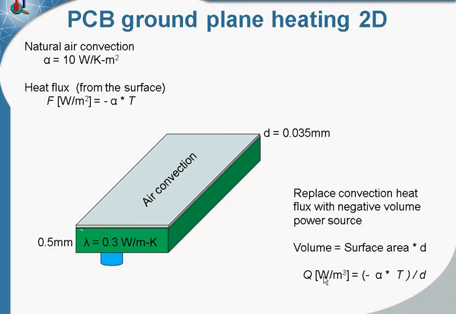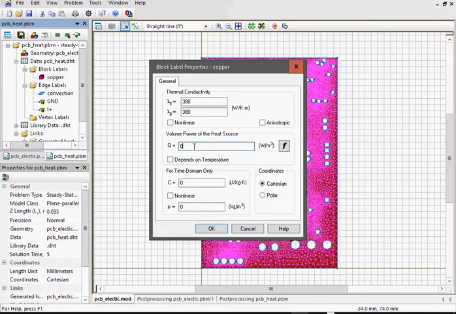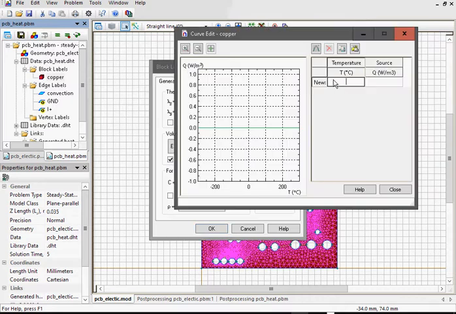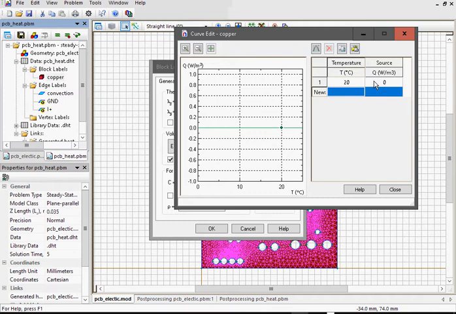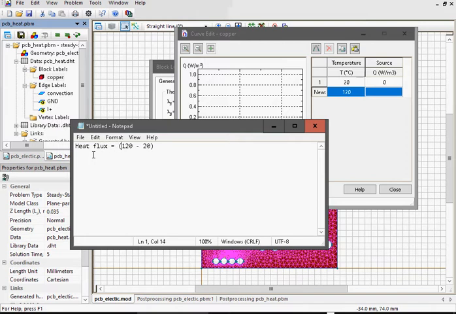Okay, let's go back to QuickField, and here I should specify negative power source, which should depend on the temperature. So I click depends on the temperature. If the plate temperature is 20 degrees Celsius, we have zero convection flux because the air temperature is 20 degrees too. So the power source is 0. Okay, but if the temperature is 220 degrees, heat flux would be 220 degrees minus ambient air temperature multiplied by the convection coefficient, which is 10, and the volume negative power would be heat flux divided by the plane thickness, which is 0.035